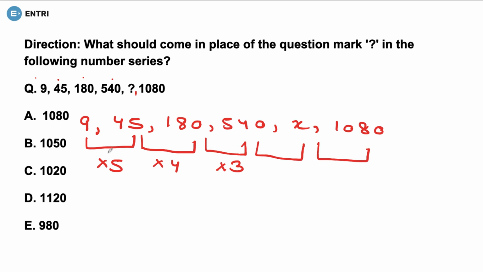Now, I can see that some sort of descending order is going on, or rather I can say there is a subtraction of 1 going on. First there was 5, then minus 1 it became 4, then minus 1 it became 3. Let's try minus 1, so maybe it may be 2. Let's check it out. 540 cross 2 will give you what? 1080. But for confirmation, as per the sequence order it was 5, then 4, then 3, then 2, and then it will give you 1. So 1080 cross 1 is 1080.